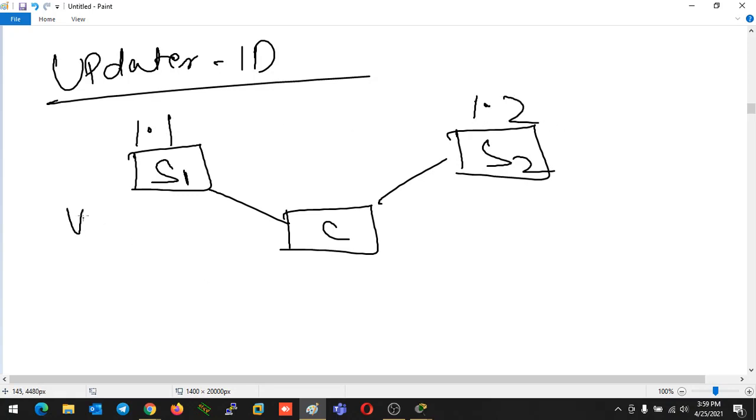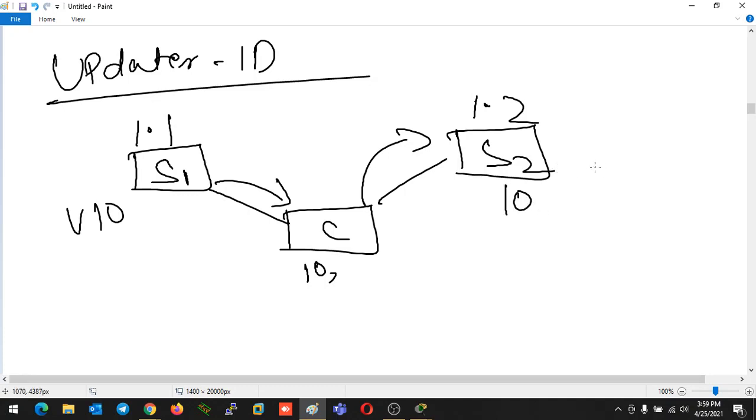If you have multiple servers also, in that case what will happen? If you create VLAN number 10 on server number 1, it will send an update to the client. The client will also update itself with VLAN number 10. It will also pass the update to the other server. The server also, according to the VTP rules and regulations, if the domain name is the same, after receiving an update will also update itself, like VLAN number 10 that was created.